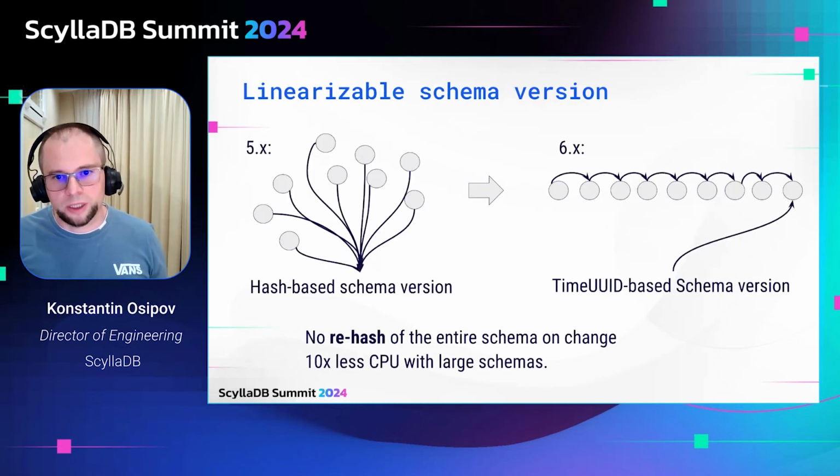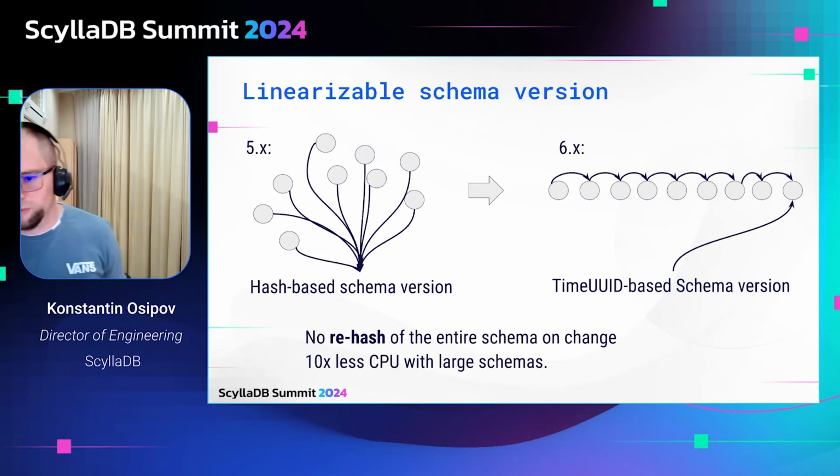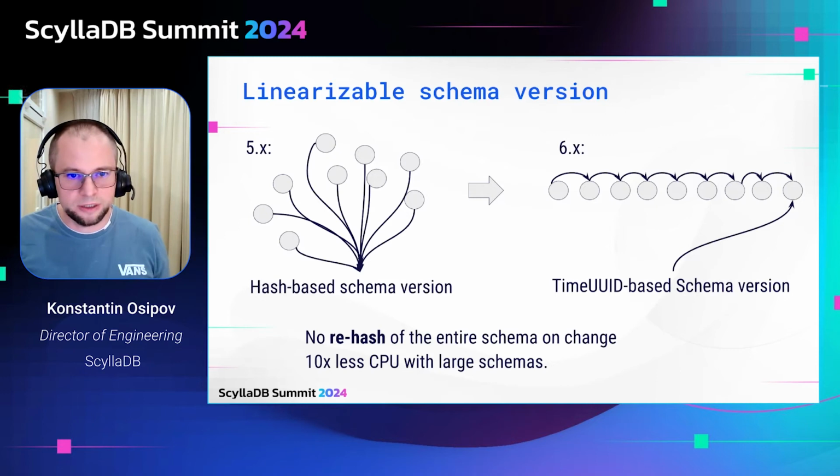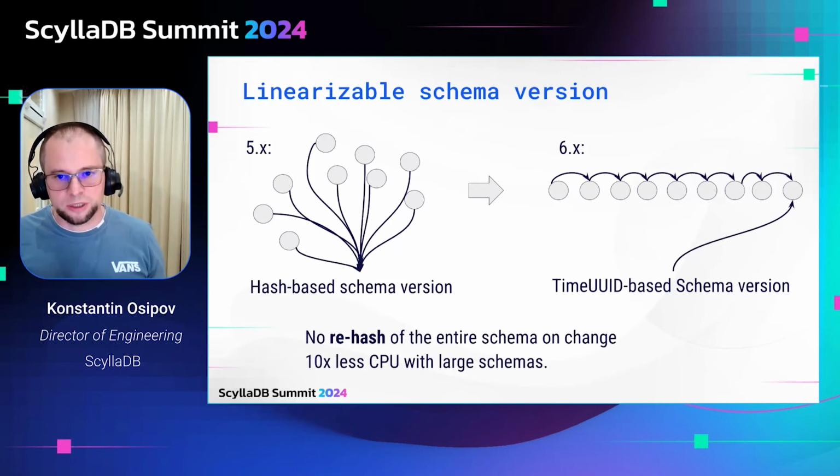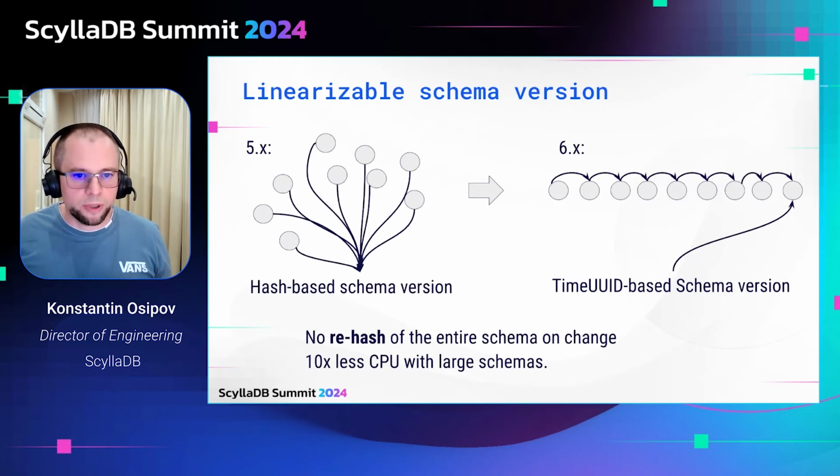Another change that we've made is changing the way we build a schema version. Schema version is an identifier that we use internally in cross-node RPC to understand that every node has the same version of the metadata. So whenever a table definition changes, it has to be rebuilt. And because of the eventual consistency, which allowed concurrent schema modifications, we used to hash all the tables to create a new version on each schema change.